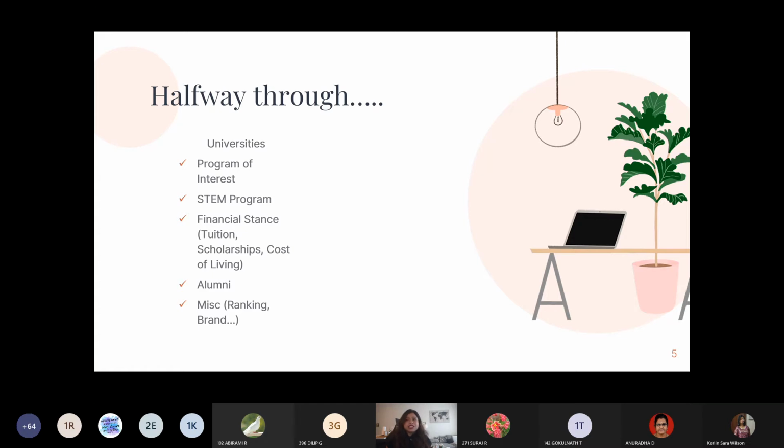And the brand, if it's a widely known university, it helps a little bit when you go talk to people. When somebody asks you where you're from, you say NYU, oh NYU, so they recognize the university. That's pretty much it. Is it going to help you get a job? Not really. So the ranking and brand don't really matter. It depends. So I would just say choose your program of interest and consider the other factors when you are shortlisting universities. This is an extremely important step. So please make sure you spend enough time doing this.